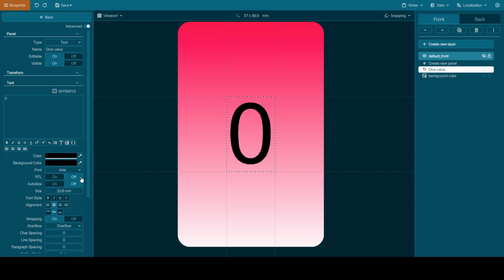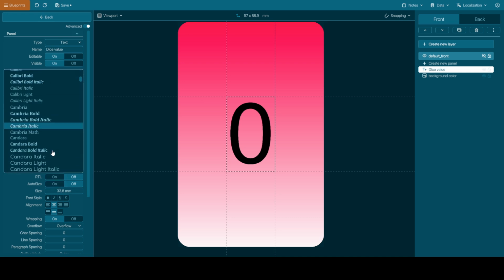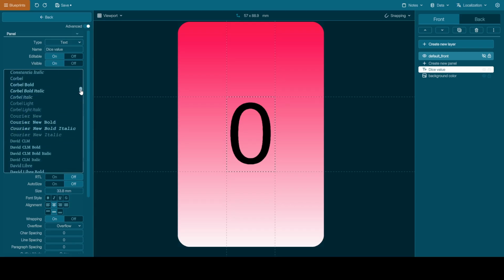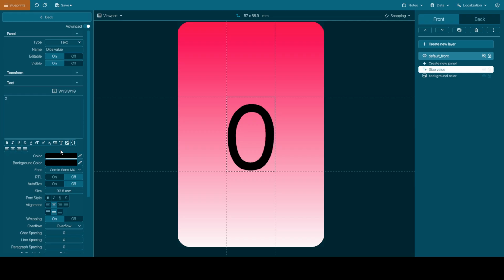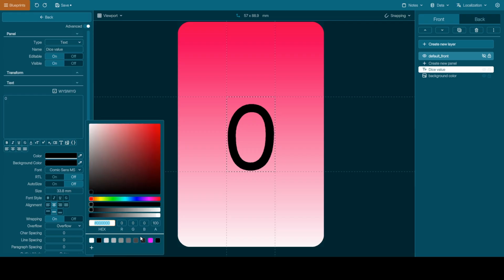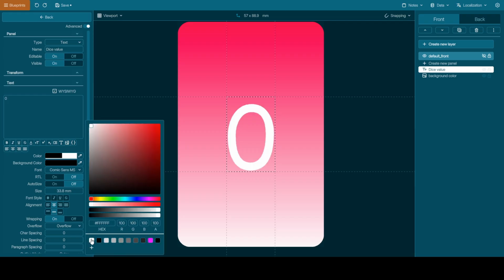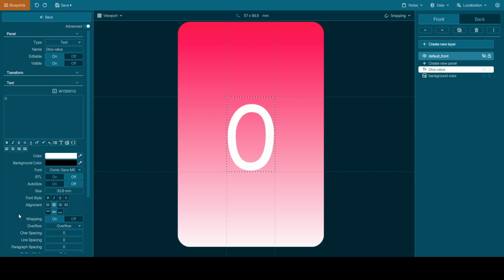We have all the fonts that have been installed on my computer here. So, well, Comic Sans is always a safe choice. Let's change the color. I think we used a white one in the earlier design, like so.